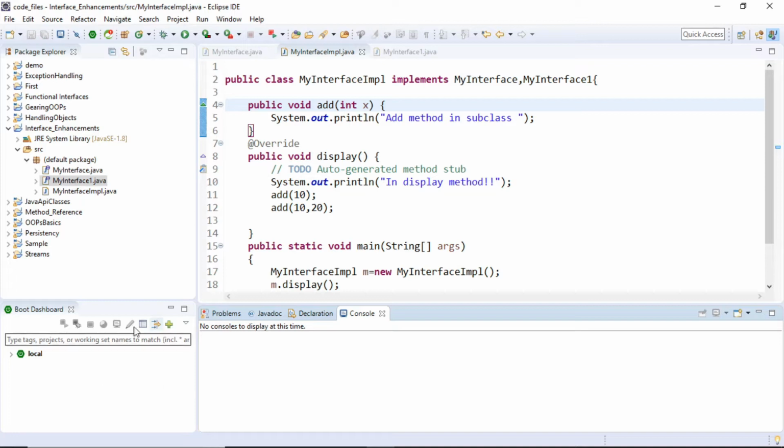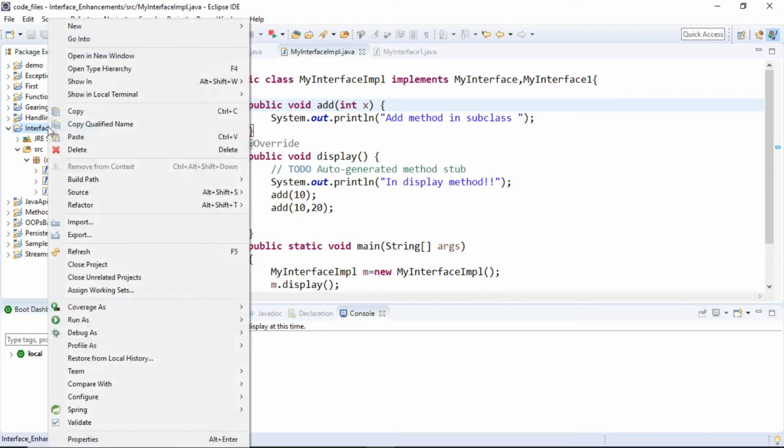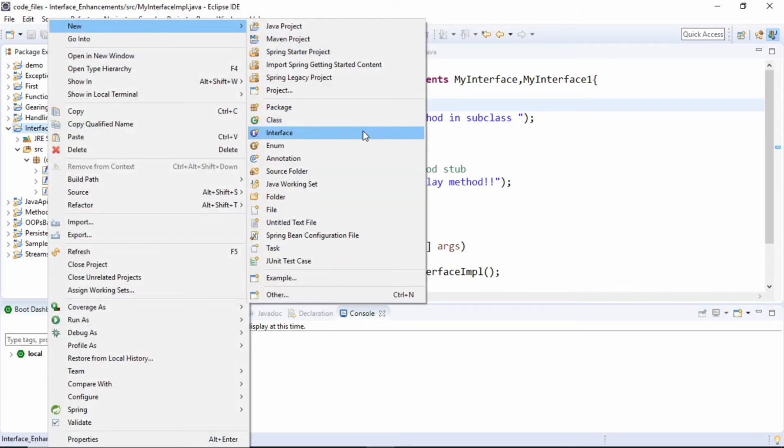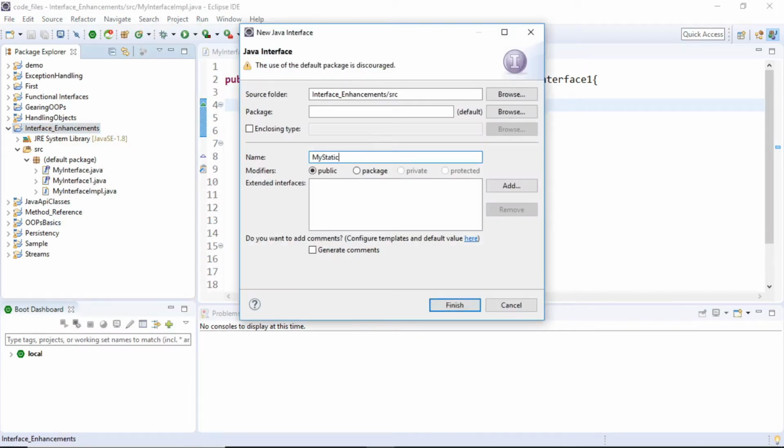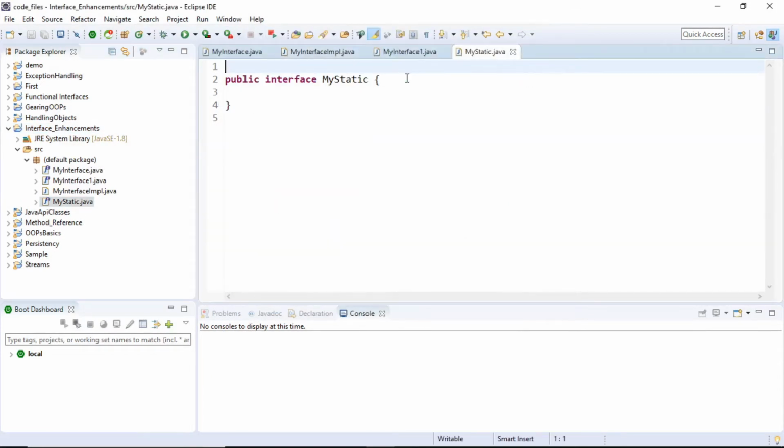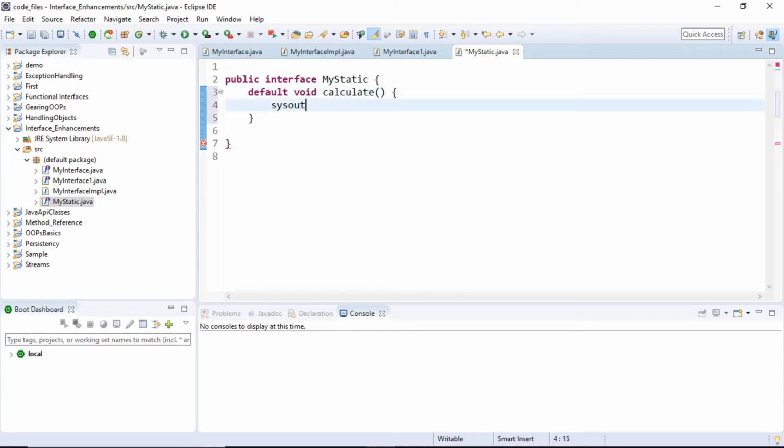So I'm going to create one interface. The name of the interface is myStatic. And inside this myStatic, I'm going to make use of our earlier concept of default method implementation as well. So I'm going to have, let's say, default void calculate, and this will contain some implementation. Let's say System.out.println default calculation, and I'm going to introduce a new type of method in the interface which is called a static